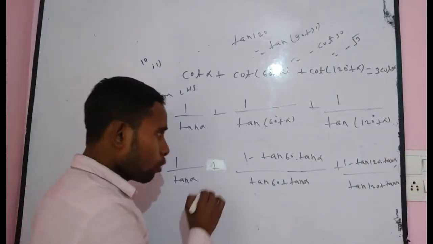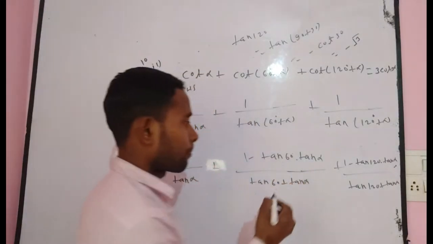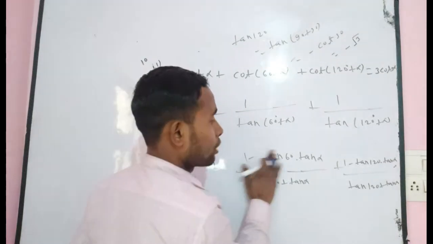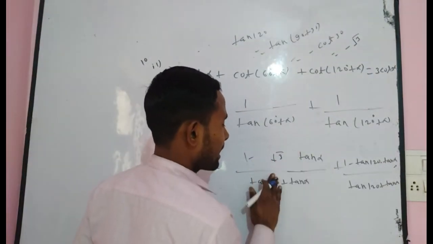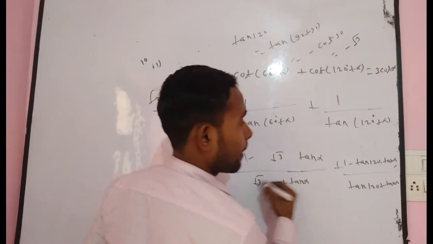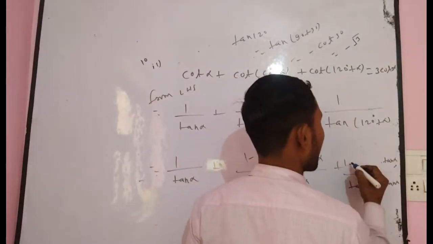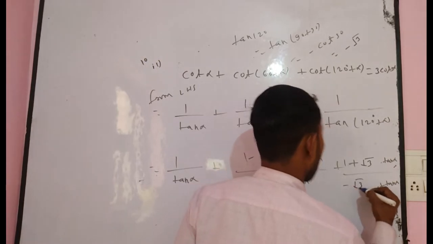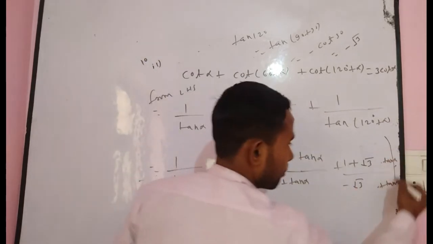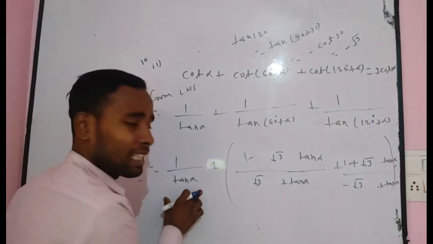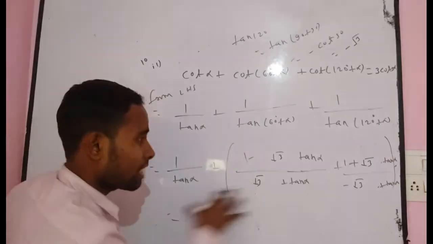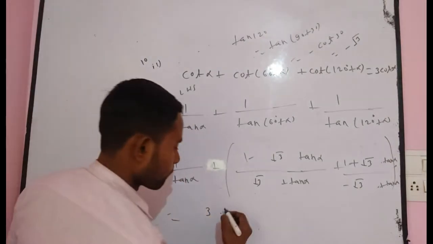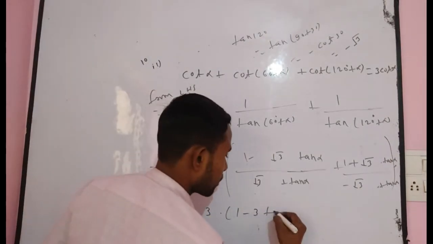Now you have to put the value of all those points. Suppose here tan 60, so you can write root 3. Here tan 60, can you write here root 3? tan 120 means minus root 3, that will be minus plus root 3. Here tan 120 will be minus root 3. Now you have to calculate both terms first. After calculating, you have to add the terms. Then finally, after manipulating, you get 3 into 1 minus 3 tan square alpha